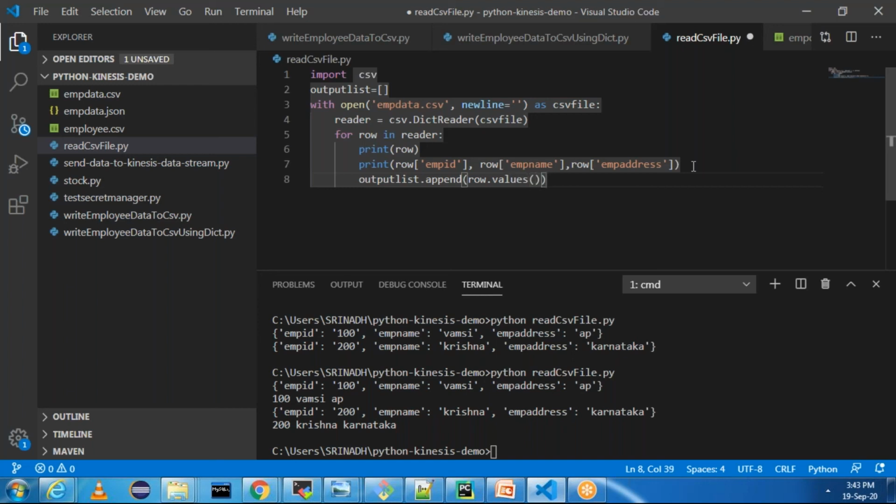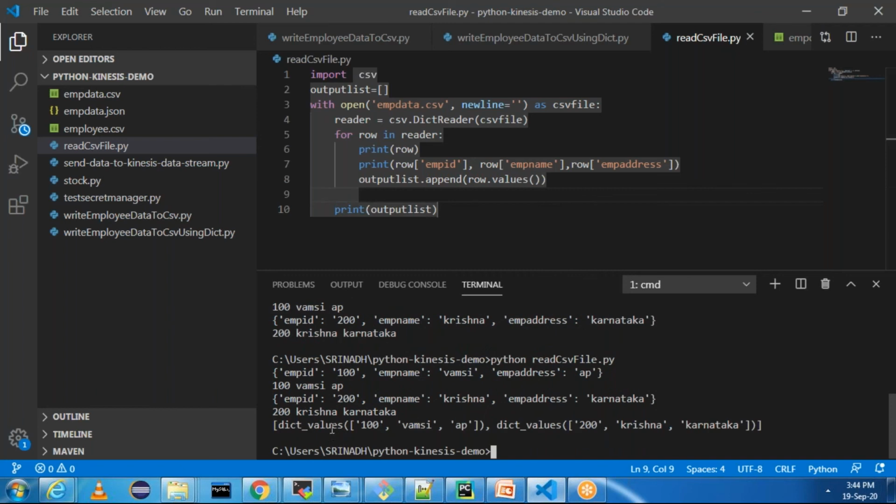I'm going to use row dot values, and then immediately I can print output list, after this for loop or here itself, so that I can use this list for saving into database later. Save this file, run this program.